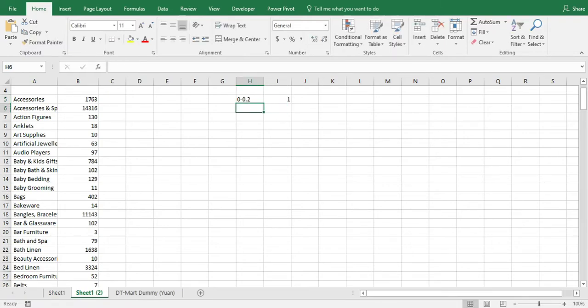we give it rank 1. If it lies between 0.2 or 20% to 0.4 or 40%, it gets rank 2. Similarly, 0.4 to 0.6, and so on up to 100%. Okay, so if this is the situation, then what we can do is we can go here,